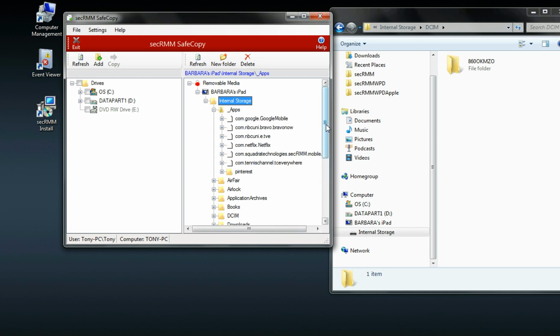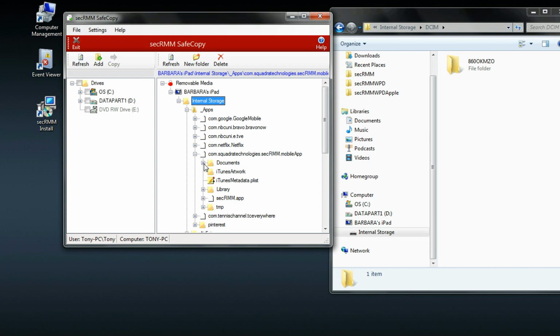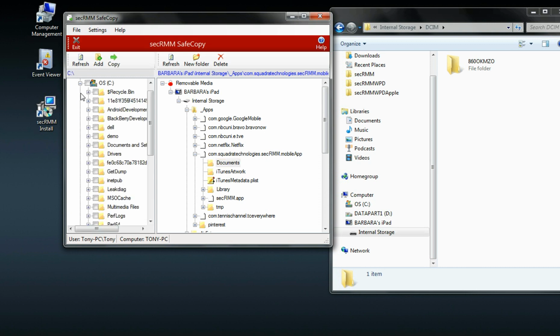So in an enterprise environment, you're typically going to want to move files back and forth between your enterprise apps that you might take out into the field and use and your domain. And we'll use the Squadra Technologies app today as an example. So the way the iPhone or mobile Apple devices work is you have this read-write subfolder underneath the app called Documents, and I can